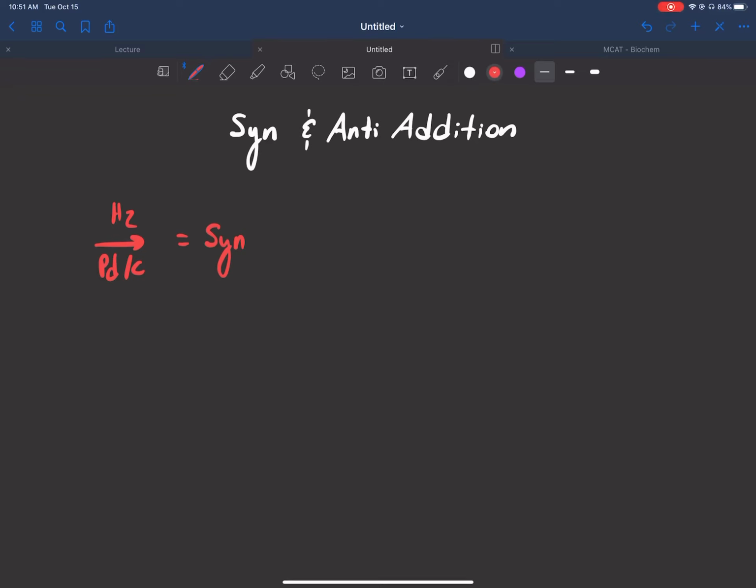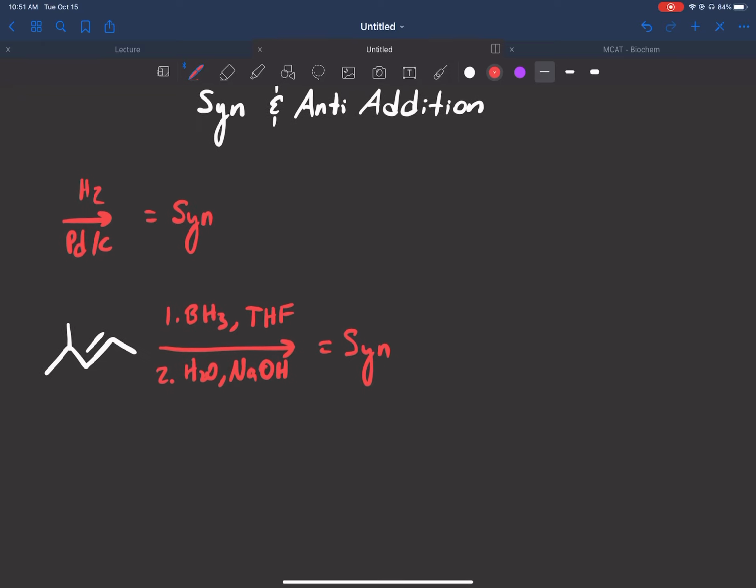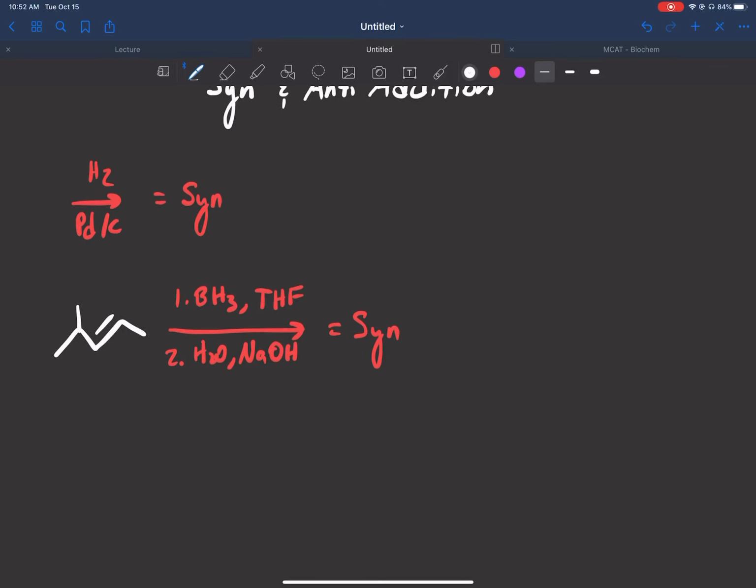So remember having an alkene like this, right? And then if I put step 1, BH3, THF, and then step 2 would be just H2O with NaOH, right? That is also a Syn addition, and if you remember that BH3 adds an alcohol group to the least substituted carbon of the double bond,